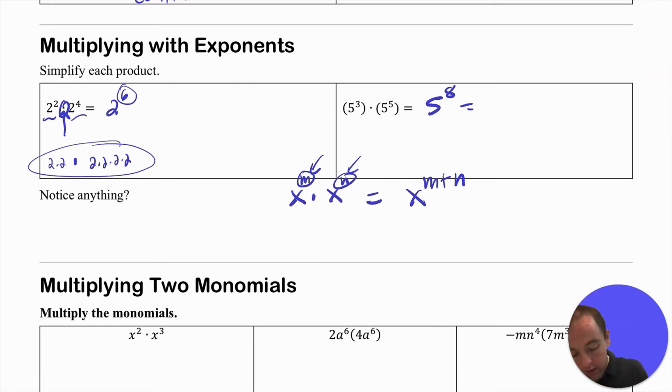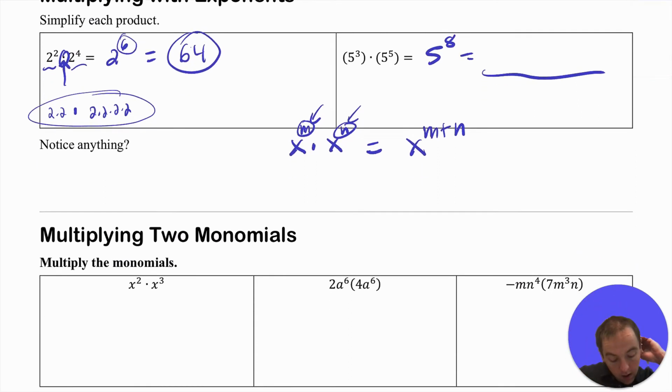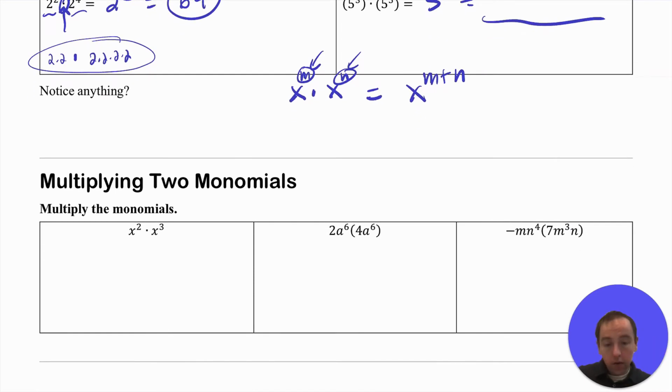Now if you actually wanted to figure out what those numbers are, of course you can. That's going to be some ginormous number. I don't have a calculator on me right now, so it is whatever it is when you plug it in. I know off the top of my head that 2 to the 6th would be the number 64. So that's really useful when we're multiplying polynomials with one another, to recognize those properties of